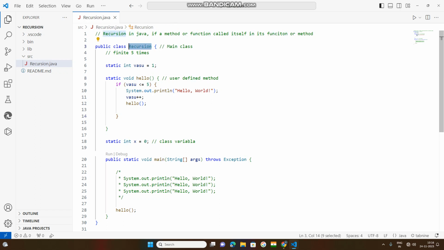If there is no class, then this method will be a function. So calling that function or method again and again within itself is called recursion. Suppose it is 5 times, I told you that. If you want to get it infinite times, to be looped again and again,